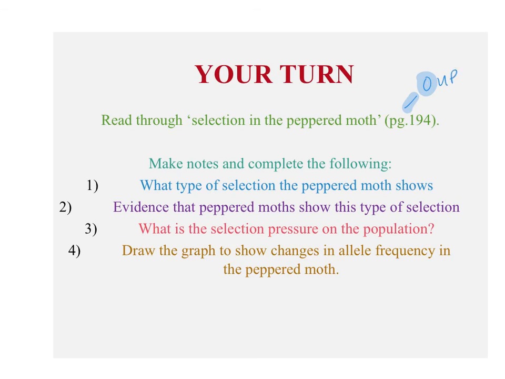What type of selection does the peppered moth show? What evidence is there that the peppered moth shows this type of selection? What is the selection pressure? And then sketch what you think the graph would show. Think maybe back to the starter where we had the range of snail colours, and show me the distribution of phenotypes before and then the distribution of phenotypes after